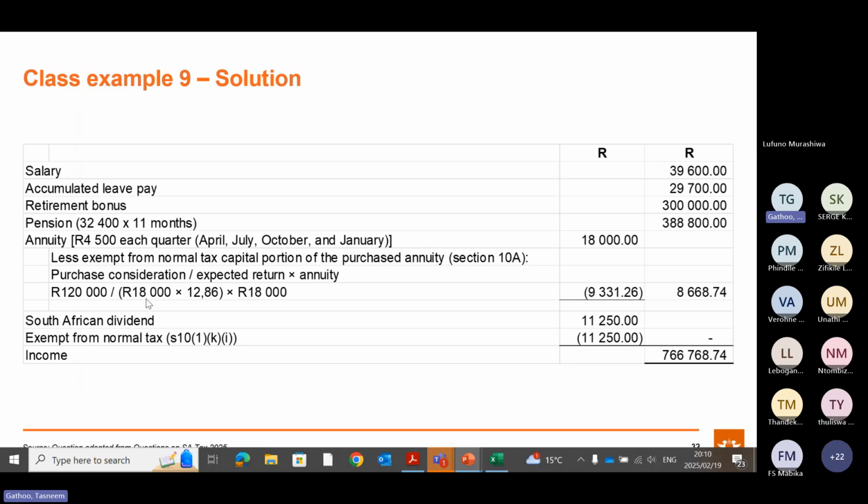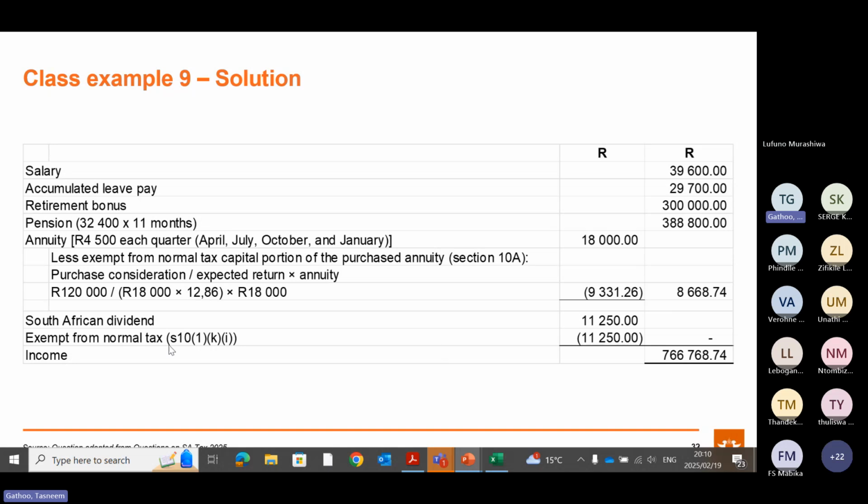He will receive 18,000 per annum multiplied by his lifetime, so approximately 12.86 years, and then multiplied by 18,000, that was the annuity he received in the current year. Then you'll say the gross income minus your exempt portion, and his inclusion into income will be this